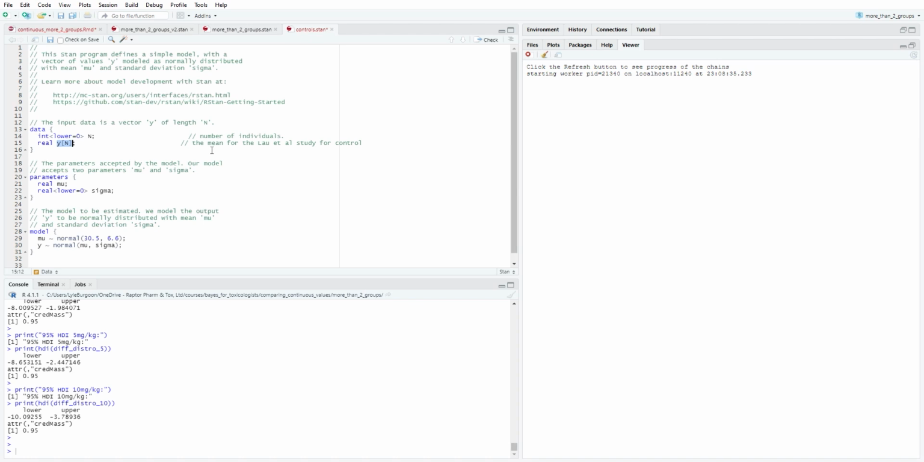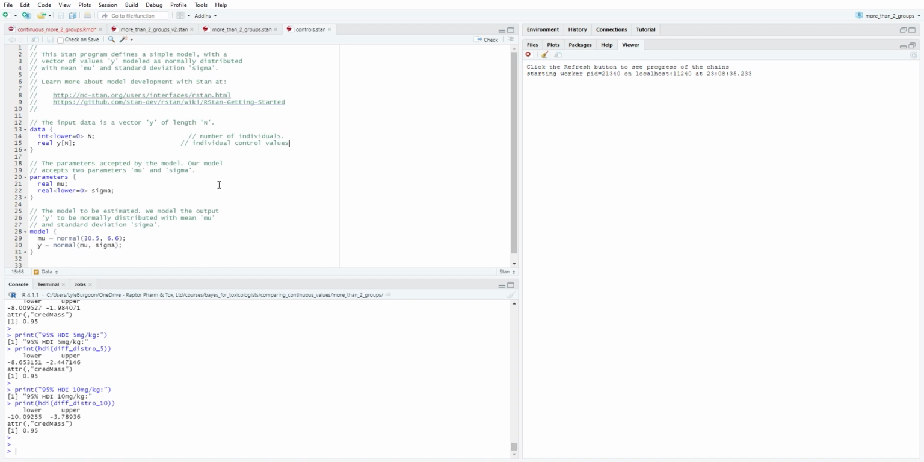Yn is going to be, again, that's not true. This is going to be the individual control values. And in case you're wondering, yes, I did copy and paste from a different file. So that's kind of what's happening here. And I didn't update my